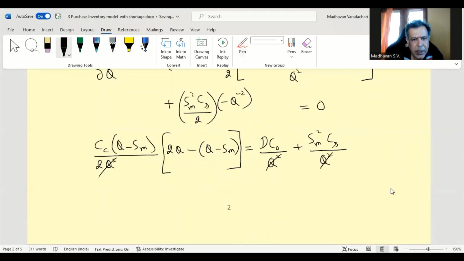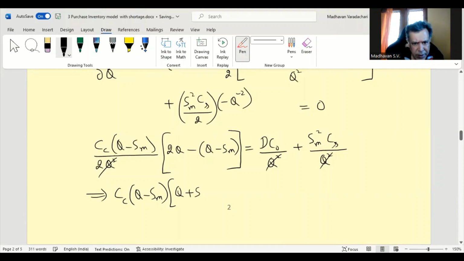Means you are multiplying left and right with Q square so that this Q square gets cancelled. Now, let us rewrite this. We have Cc Q minus Sm. This will be 2Q minus Q, it is Q. Minus or minus Sm, it becomes plus Sm, is equal to,